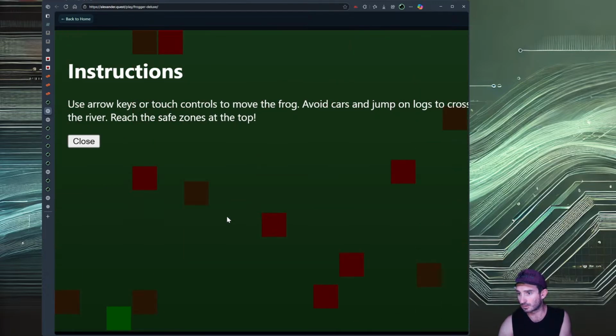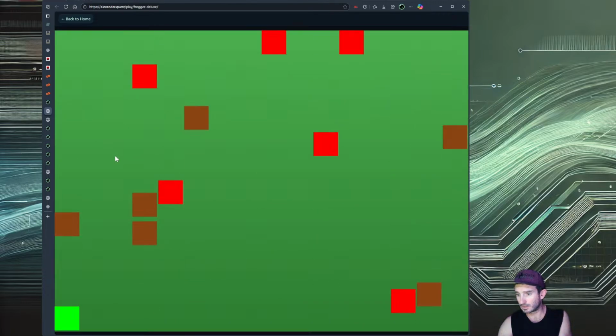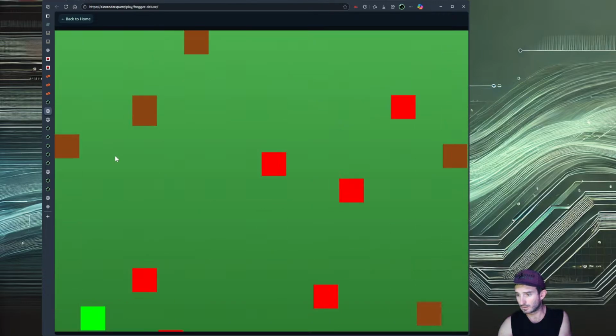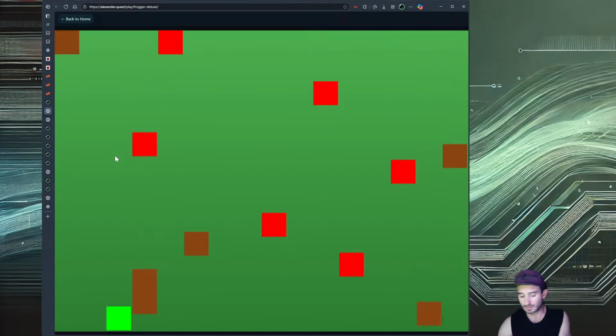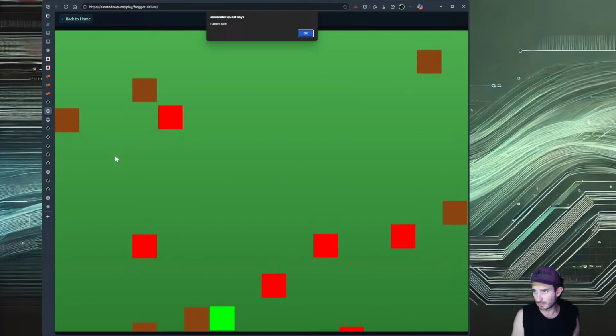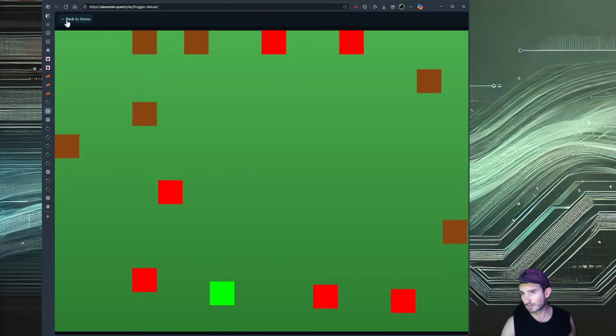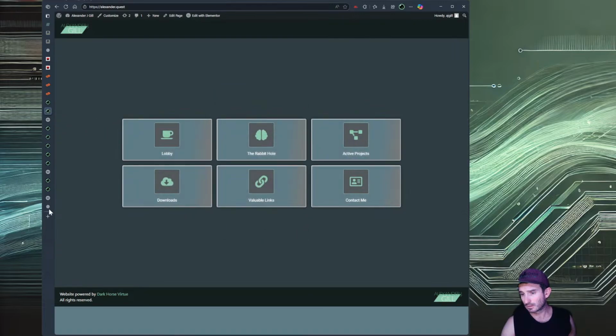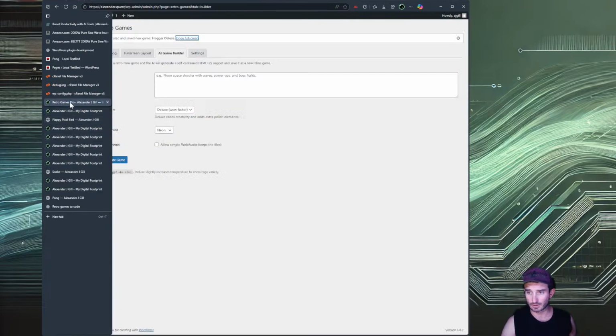Forward cars. Okay, I don't see... These games aren't working though.